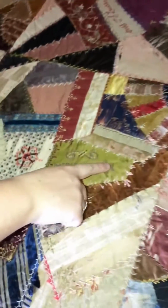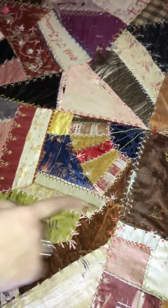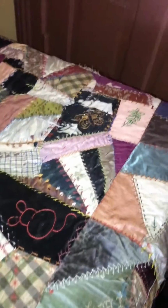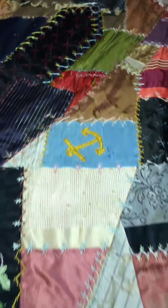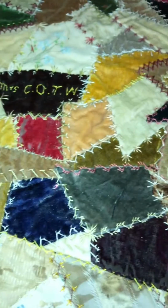Starting here with Mrs. Donaldson, her name is stitched absolutely gorgeously here. She's made a fun little fan here in the corner. And then there are other pictures included on this quilt as well. A lot like our mouse and our butterfly right next to it that you can see there in the distance. And we also have other pictures, such as this anchor here, and this rose right over here. And all of this was hand done. All of these pieces were taken probably from personal pieces of clothing or leftover scraps and made for their friend